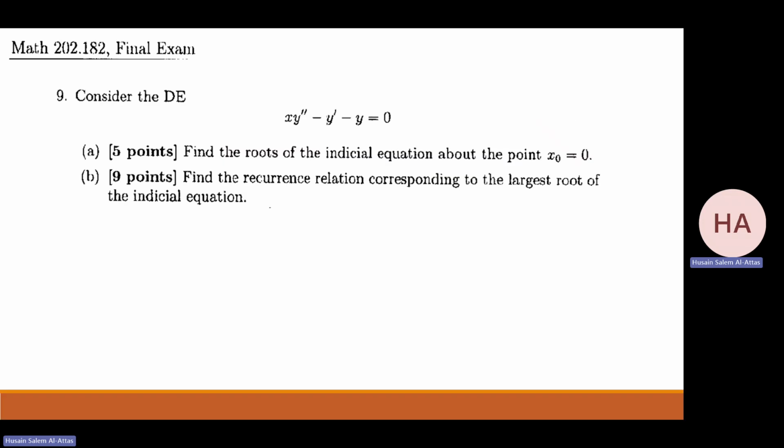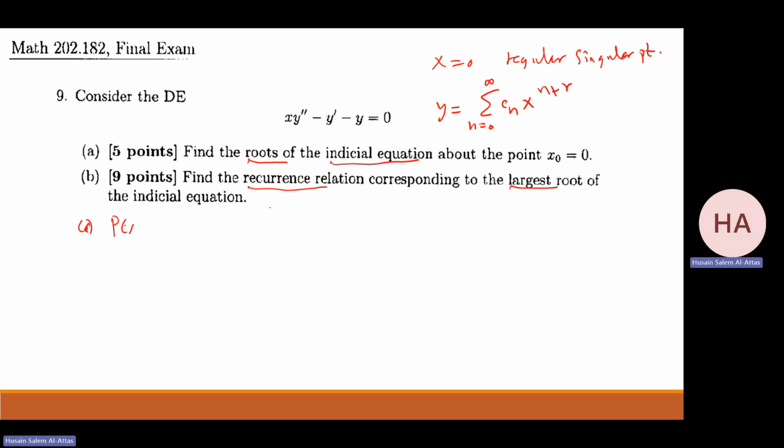Consider this differential equation. It asks for the roots of the indicial equation and the recurrence relation for the largest root of the indicial equation. I have x equals 0, which is very clearly a regular singular point. Right away, what's my solution? y equals the summation from n equals 0 to infinity of Cn x to the power n plus r. Also, before that, let me find part A, which is the